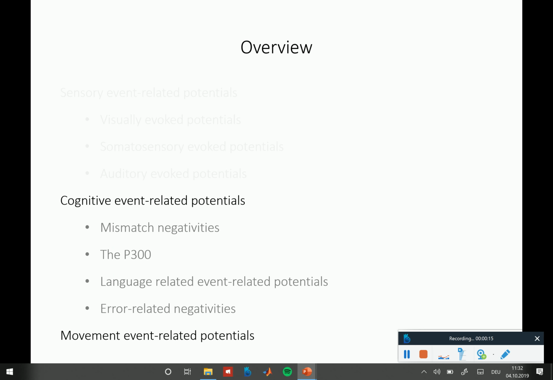Let's start with the next session. So the sensory event-related potentials that we discussed in the previous 2 hours are essentially the responses of the brain as observed with EEG to basic sensory stimuli. And the important thing is that you always have an external stimulus delivered to the brain via the senses, and then you observe these evoked potential time series in the EEG. The cognitive event-related potentials that we discuss next